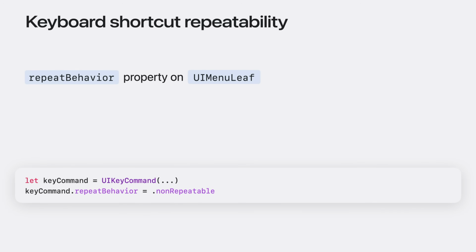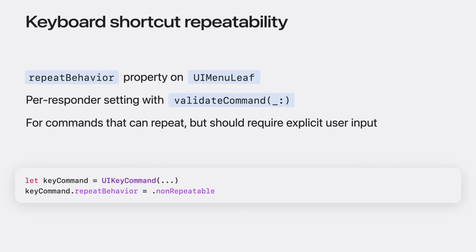By default, keyboard shortcuts repeat when the keys are held down, but you can customize that behavior by setting the repeat behavior property on UIKit command. This property can also be set per responder using validate command. This is especially important for destructive actions like hitting a delete key to delete an email, so you don't accidentally